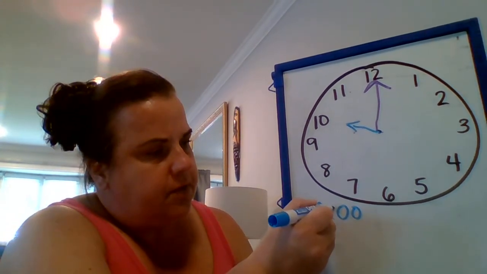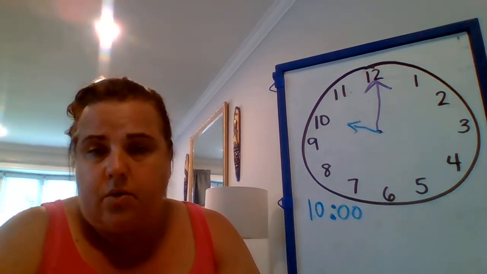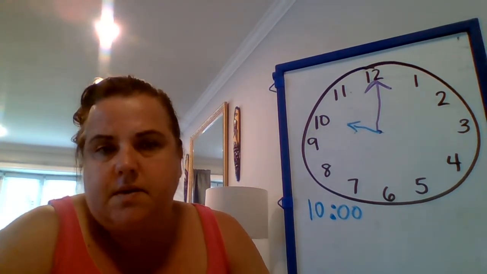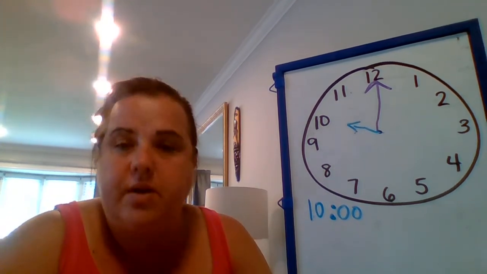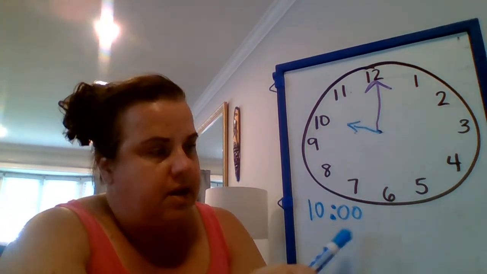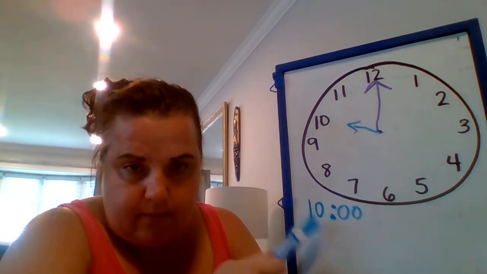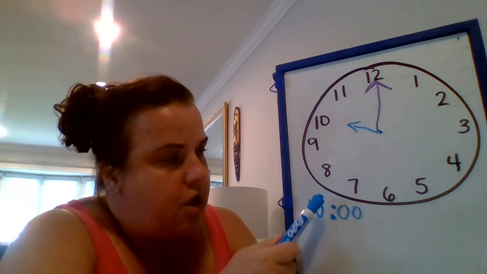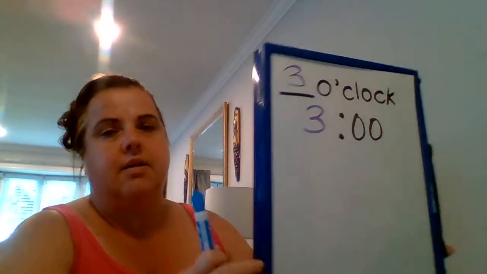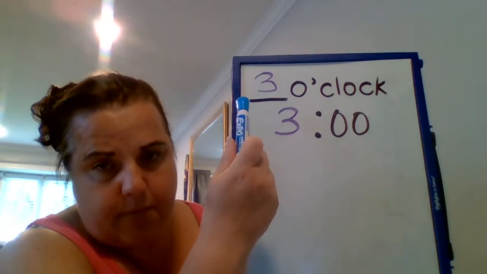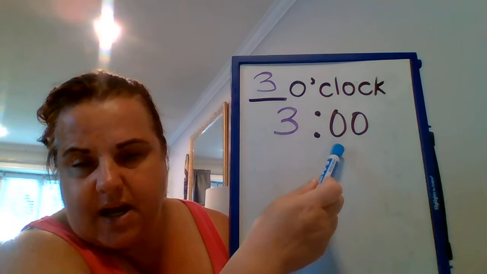So what you're going to do for me today, I'm going to give you a couple of sheets that have pictures of clocks on them with an o'clock on them. And you're going to figure out which o'clock it is. And then underneath the clock, you're going to write the o'clock properly, with the 2 dots and the 2 zeros. If you would like to write them with the word, you can. It's a lot more work. But I want you to do at least some of them like this, because this is the kind of time